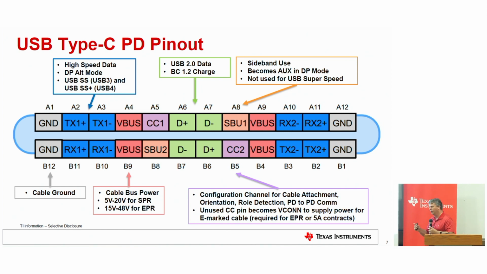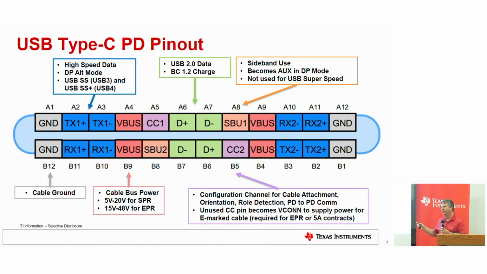So a couple reasons why you might need a cable that has a chip inside of it. You have the Type-C spec, and then you go to the PD spec, that allows you to go up to 5 amps now. Anytime you want to go higher than the legacy 3 amp, you need to query the cable to see that the cable can handle that extra current. And the power to the cable happens over the unused CC line, depending on how the cable was plugged in, and then the CC line queries the cable. So you can query the cable and you can query the far end, back and forth.